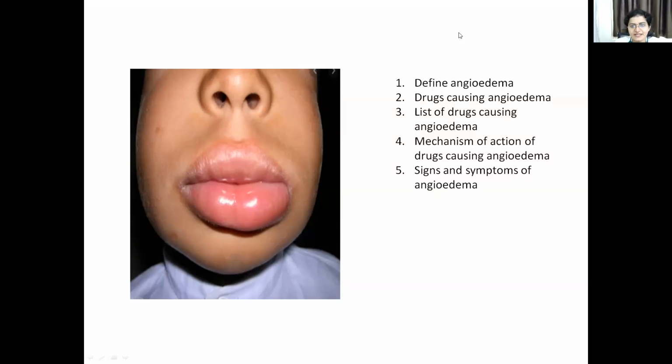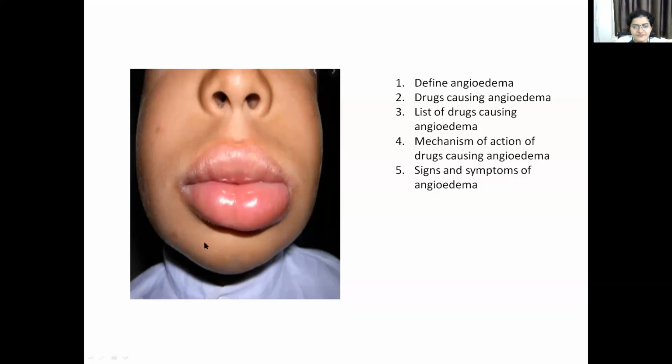So the first clinical chart is this picture which will be given to you. You have to identify what this adverse drug reaction is, then the drugs causing this adverse drug reaction. The questions will be given at the bottom of the clinical chart. First is identify the ADR. Second is name the drugs causing this ADR. So first, what is this adverse drug reaction?